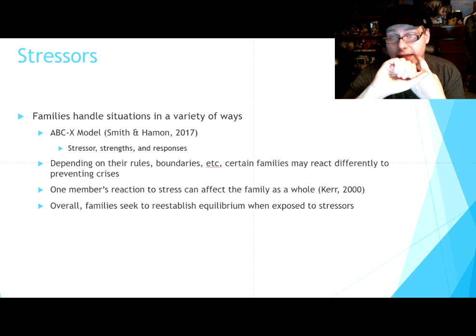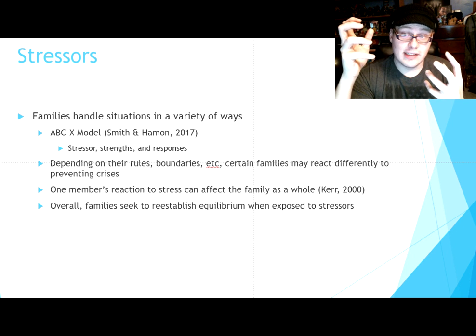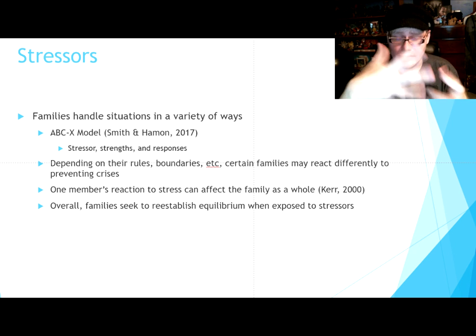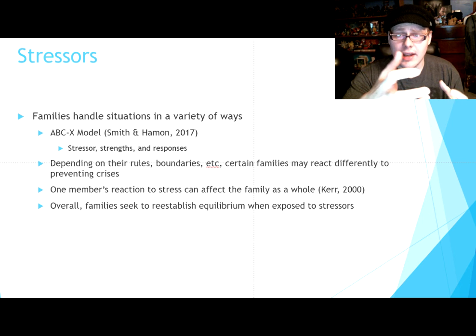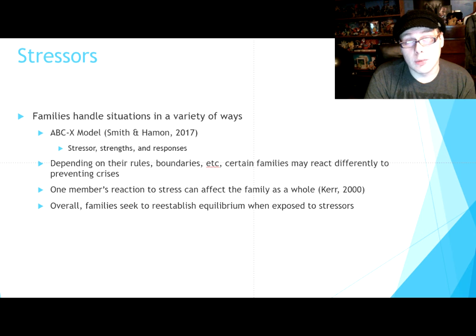And then finally, the X in the model is the crisis that could come about if they cannot prevent this from happening, because they evaluate it, and then if they cannot, they slip into a crisis. Depending upon the rules, boundaries, etc., certain families may react differently to preventing crises.